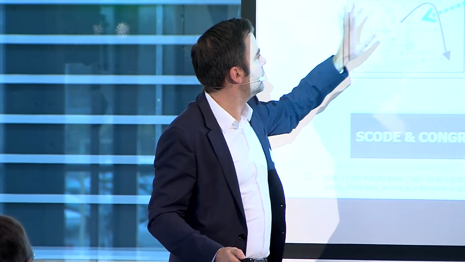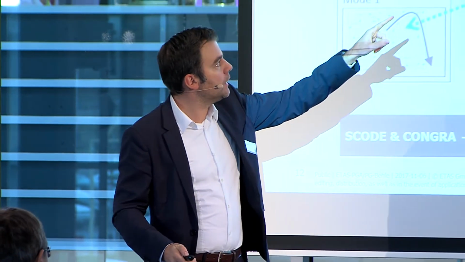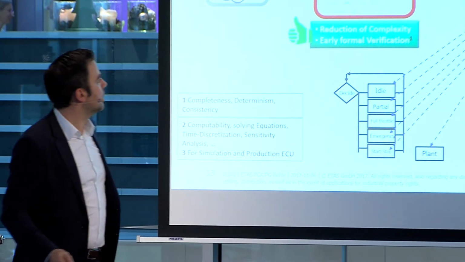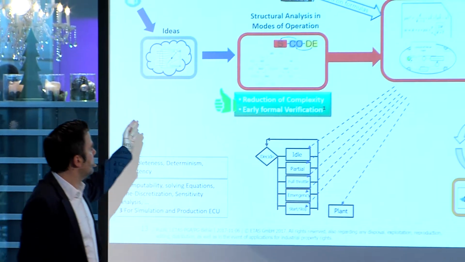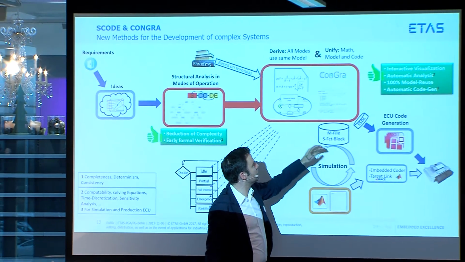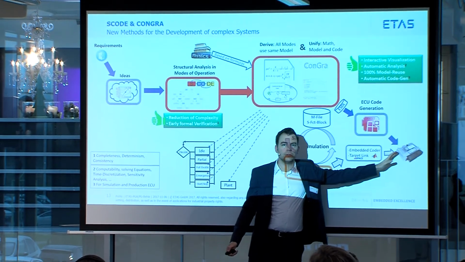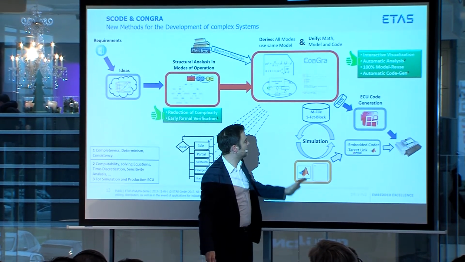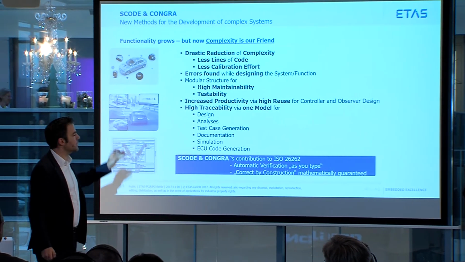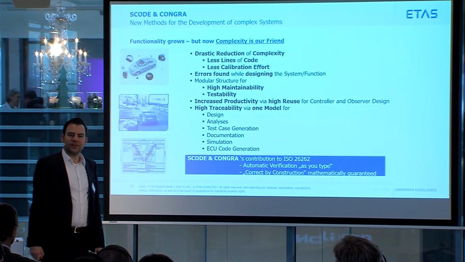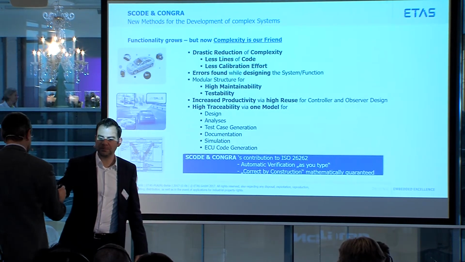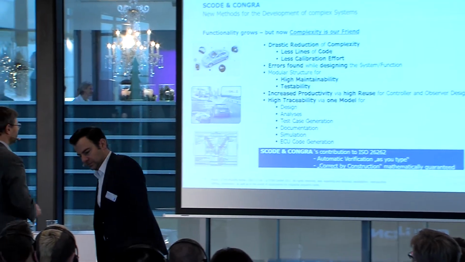So what did we do with Scode? We filled the frame, and from one model, we said, okay, let's generate all the different possibilities. And another thing that we can do is we can generate code. We can have ESDL, M-files, Simulink blocks, everything can be generated from there. And what have we achieved? Well, that's what Thomas is going to show you based on the example of DGS.